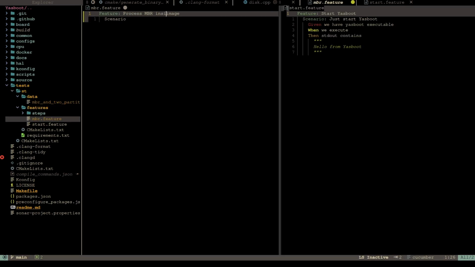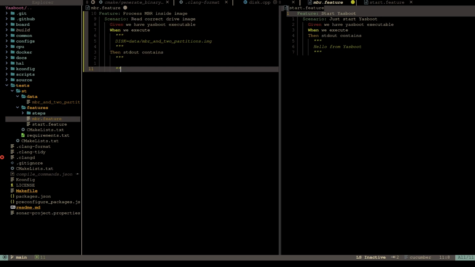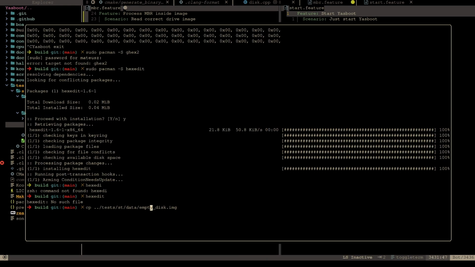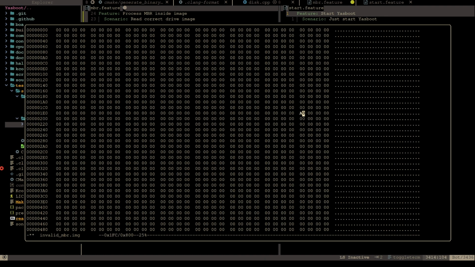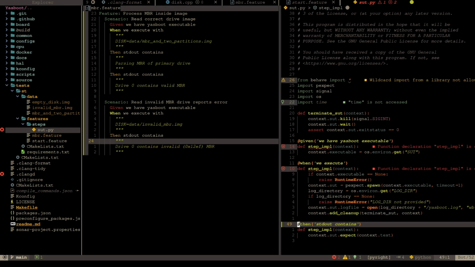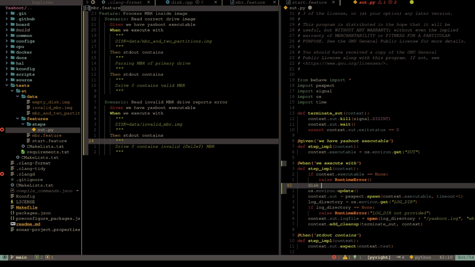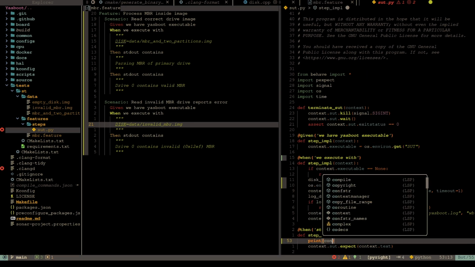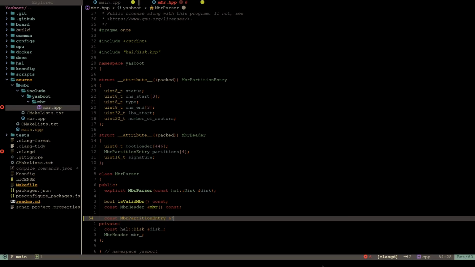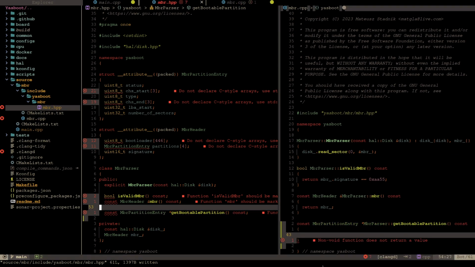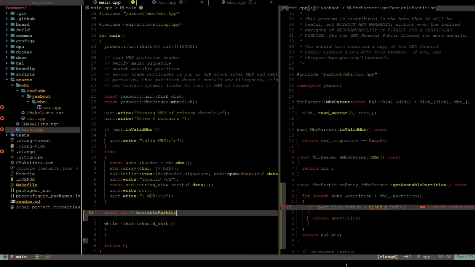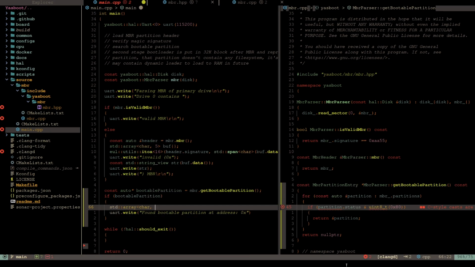Since we introduced a testing environment in previous episodes, let's add some automated tests to verify for regression. To prepare the data, I use a hex editor to make changes to the testing images. I have created two tests to verify the correctness of the code. The first test checks if the parsing of a correct MBR is successful, while the second one checks if the code reports a failure when an MBR is not found. I have disabled the memory dump on failure since this feature is only intended for testing and debugging purposes.